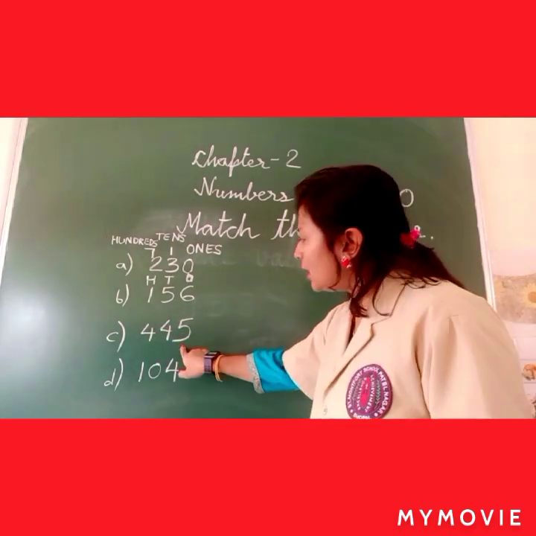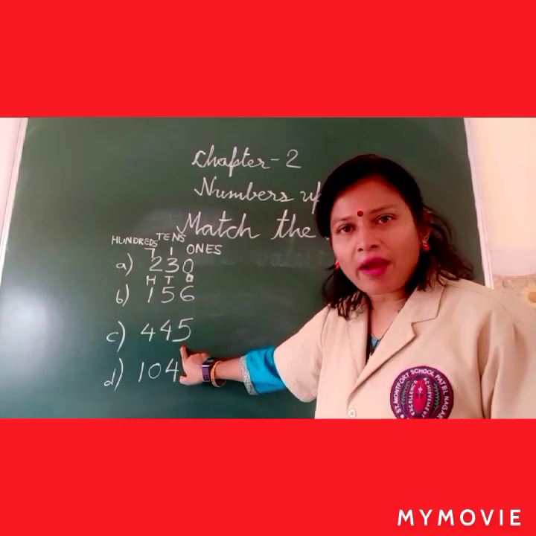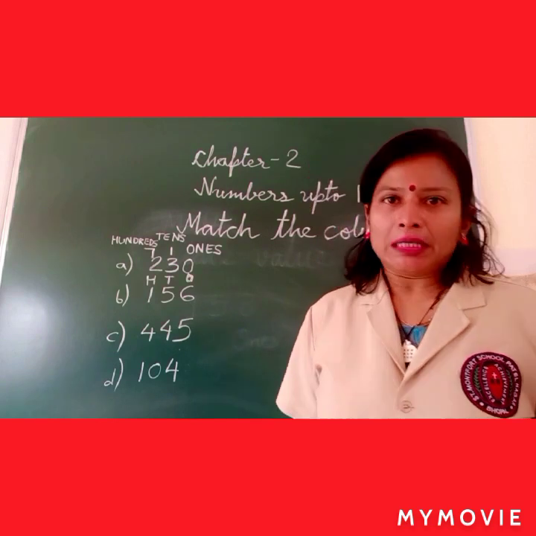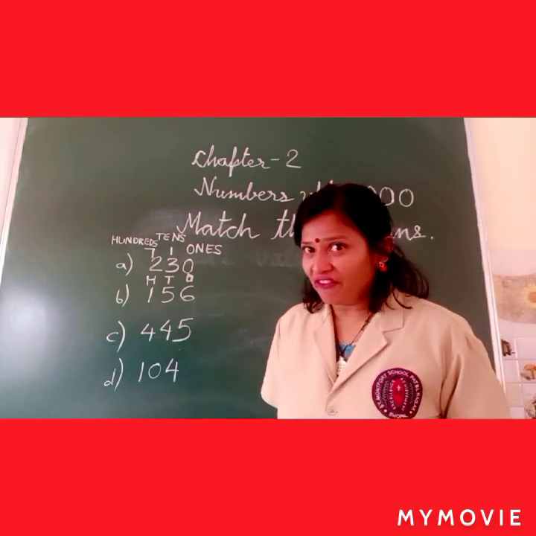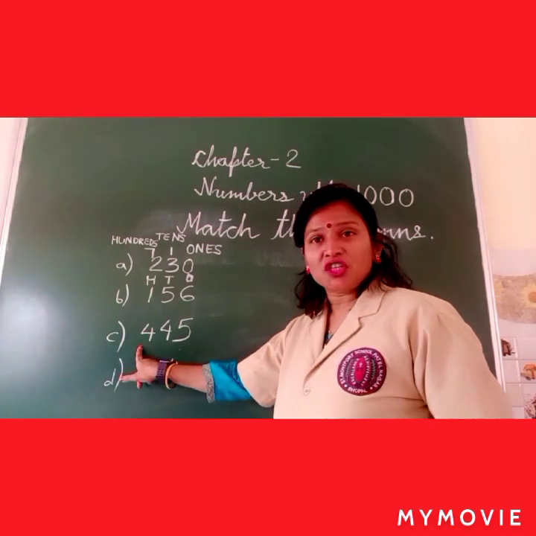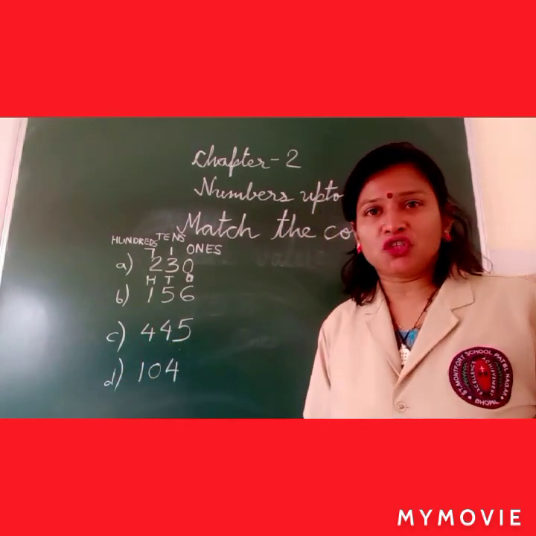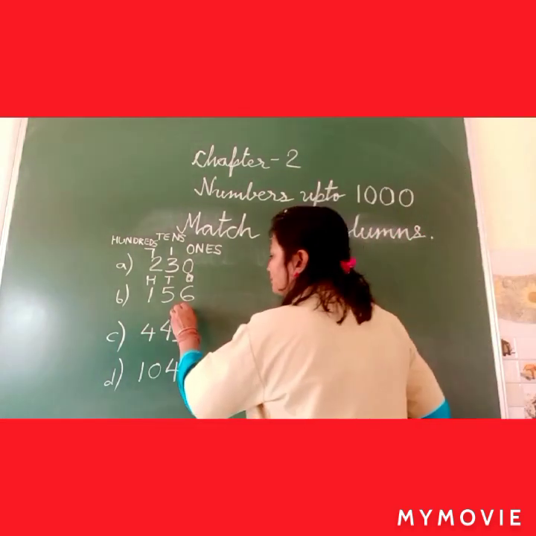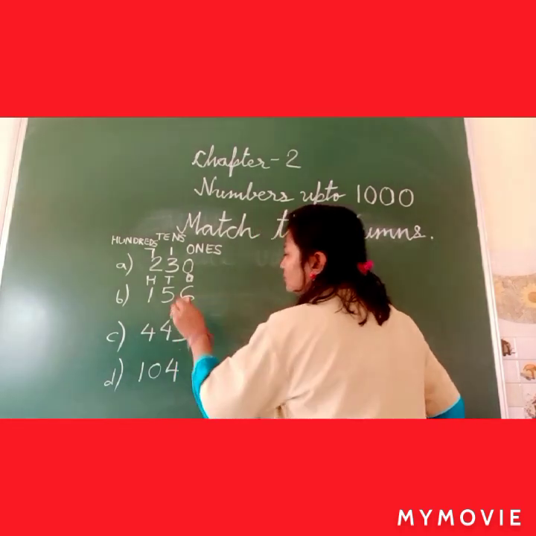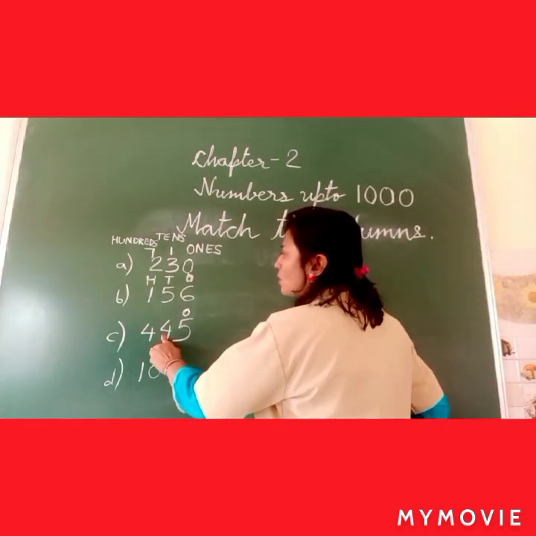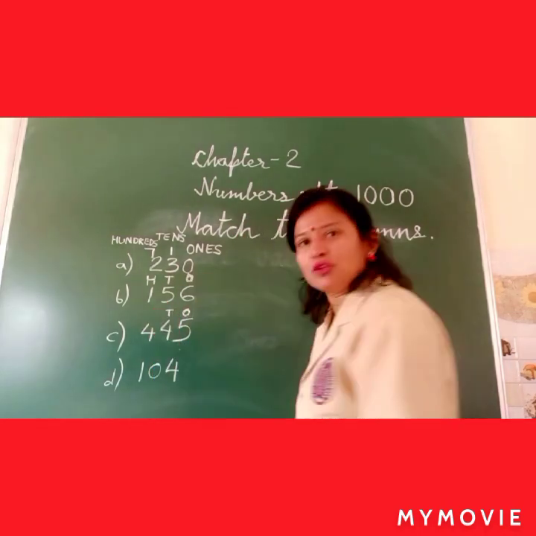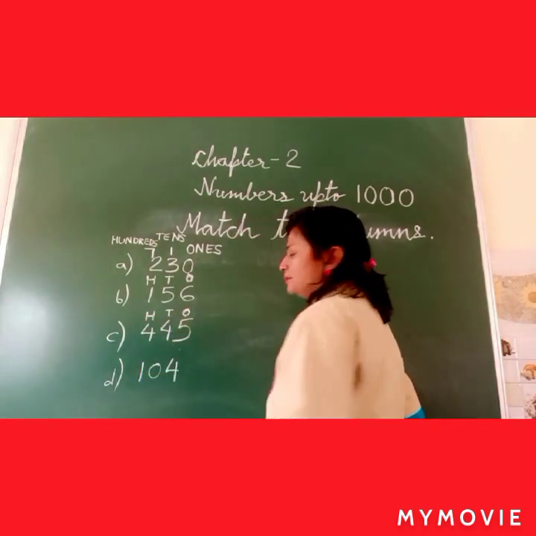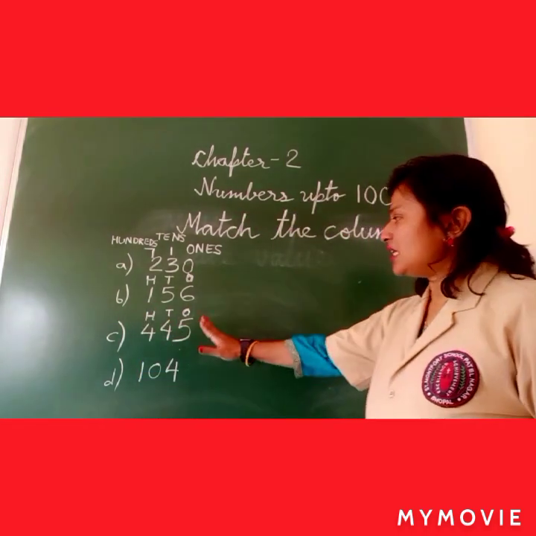Coming to the third question, now you can easily find out here 445. 2 times 4 is repeated but its places are different, isn't it? One is in hundreds position and the other one is in tens position. According to position, we have to write the place value first. 5 is in ones position. This 4 is in tens position. And this 4 is in hundreds position. Okay? Its place is like that.